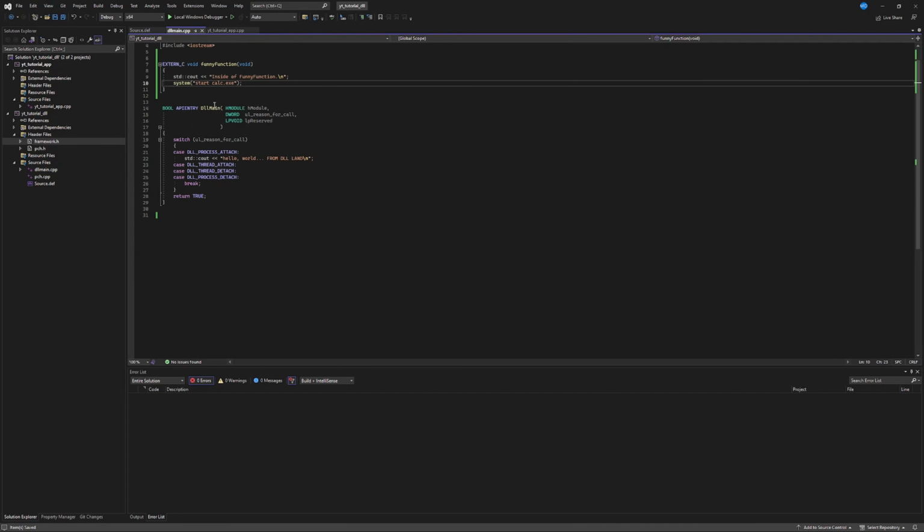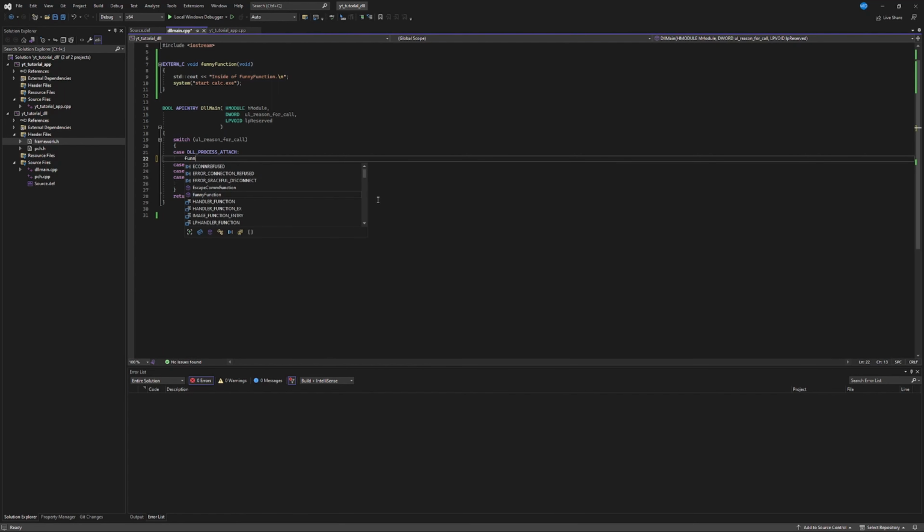we are going to have to go and adjust how we're calling our functions. We really don't need any of this other stuff because we're not going to deal with those. At other points you can use them if you want to be more elegant with your DLL. But we're going to stick with this DLL process attach. And all it's going to do, we're going to remove that cout statement, and we're just going to call funny function. And the reason for that, like I said, is as soon as it attaches, we want to run our actual